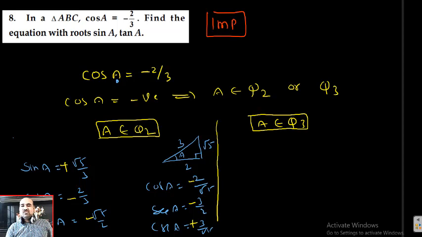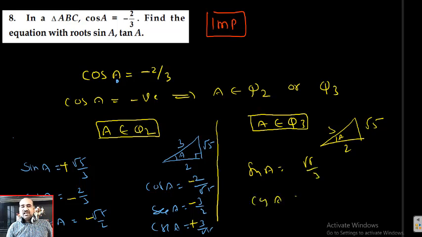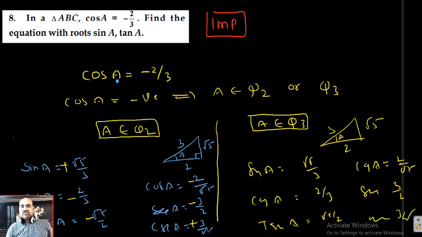Okay. So now Q3, what happened? All trigonometrical ratios are negative except tan and cot. So this is A, say this is 2, this is 3, this is root 5. What is sin A? Again root 5 by 3 only. What is cos A? Again 2 by 3 only. Write first of all without symbol. Tan A root 5 by 2. Cot A equals 2 by root 5. Secant A 3 by 2. Cosecant A 3 by root 5. Now symbols: tan positive, cot positive, remaining all are negative. In this way, you can solve such problems.